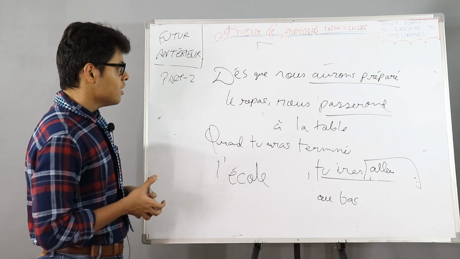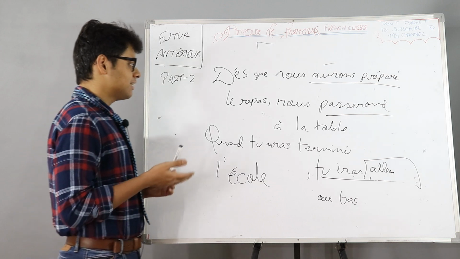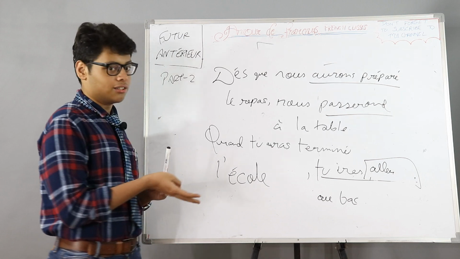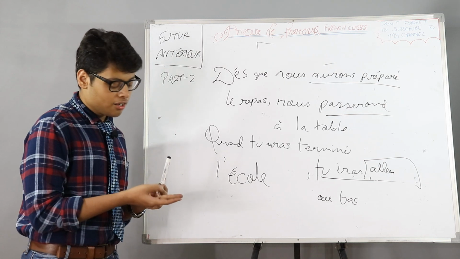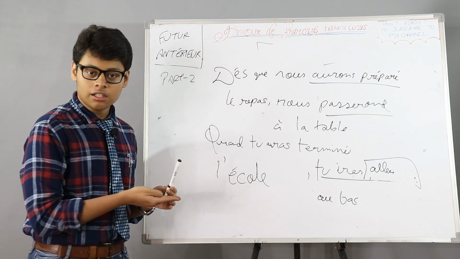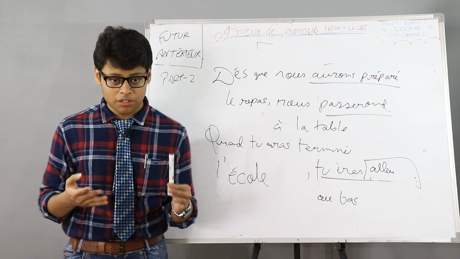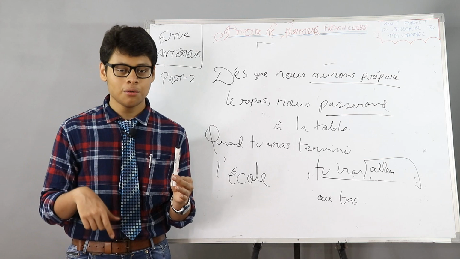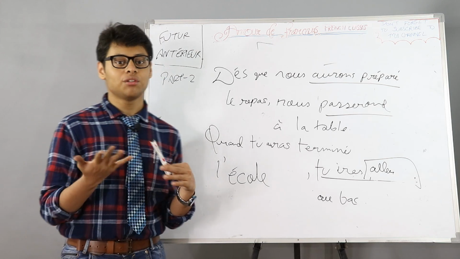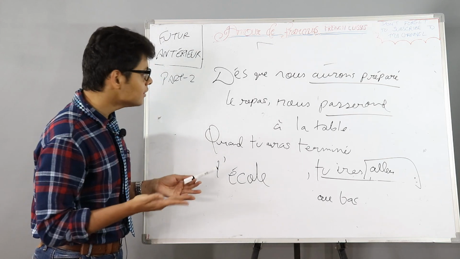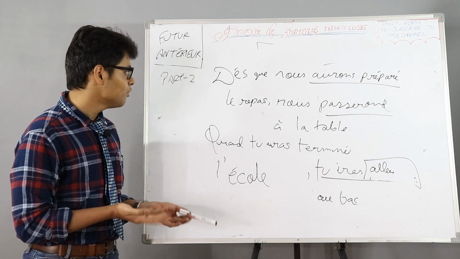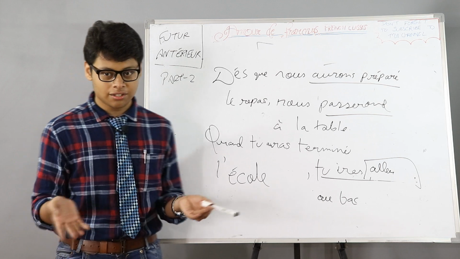So that's the four words, "dès que", "aussitôt que", "quand", and "lorsque". "Dès que" and "aussitôt que" mean as soon as, and "quand" and "lorsque" mean when. So these four words, if one clause is in futur simple, are directly giving a clue that the other one has to be futur antérieur, and you may use it in your daily life also. Sentences with futur antérieur and futur simple. It's not that tough.